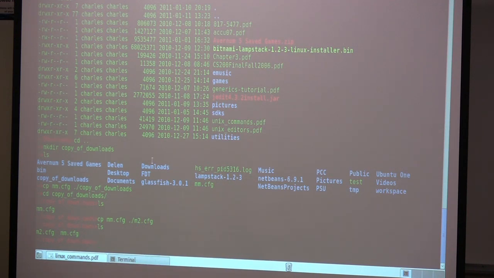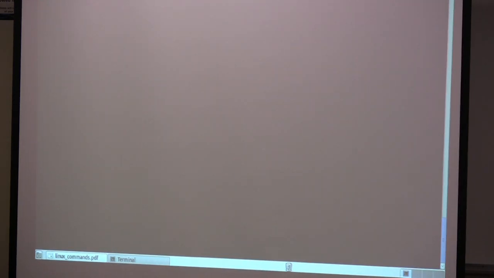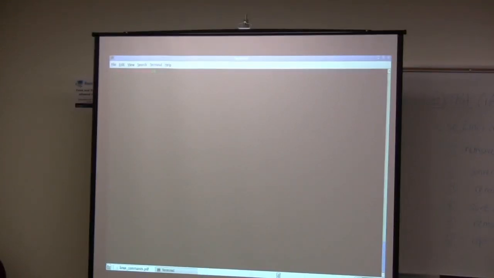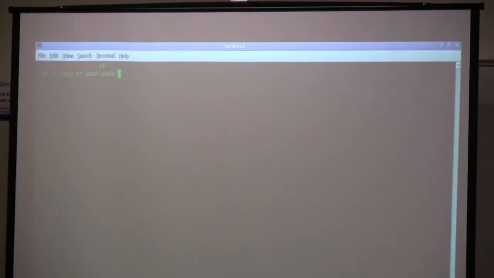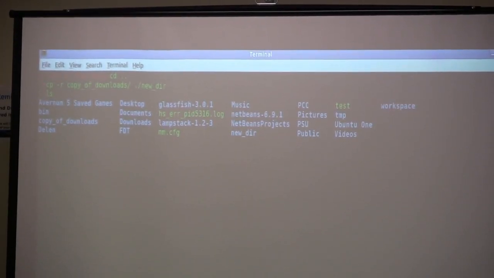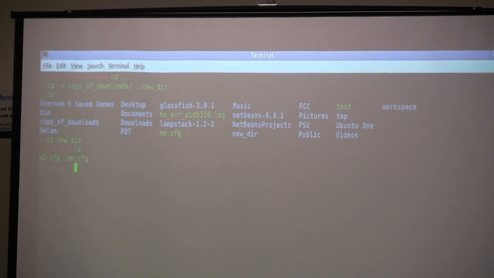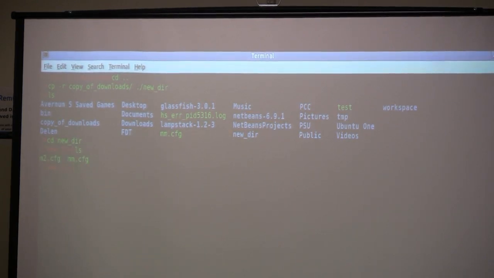And another important feature of that command is if you do the -r option, that means to copy recursively. So it just copies everything in that directory and all directories inside that directory and so on. So say I wanted to copy everything in that directory I just created. I could do cp -r and then say into a new directory. And now if I go to that new directory, it copied all the contents of that directory into the new